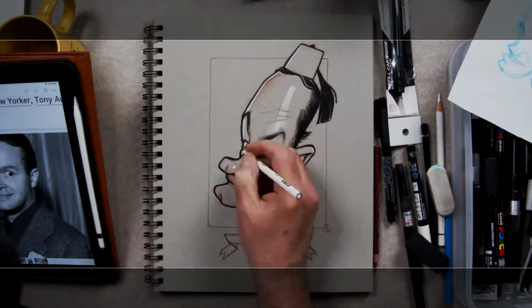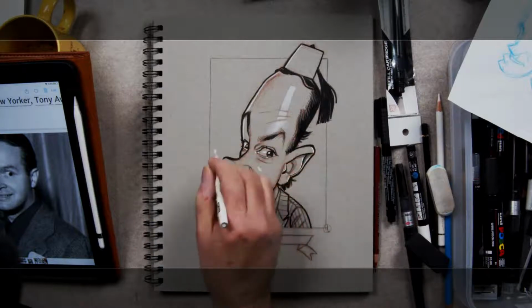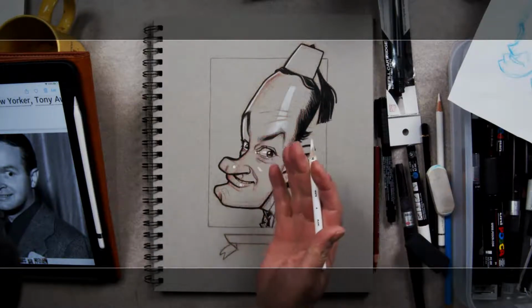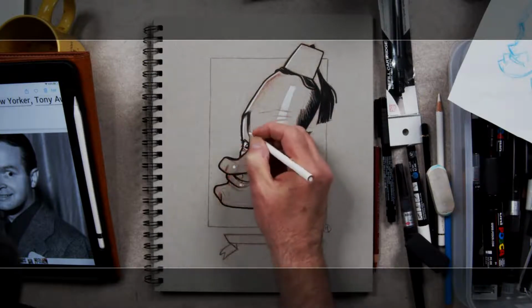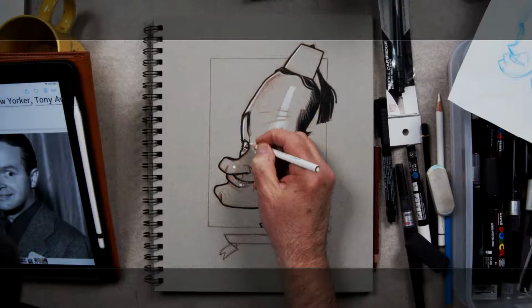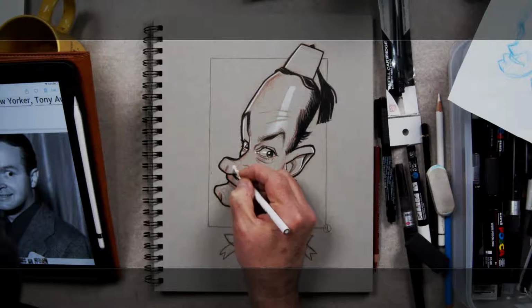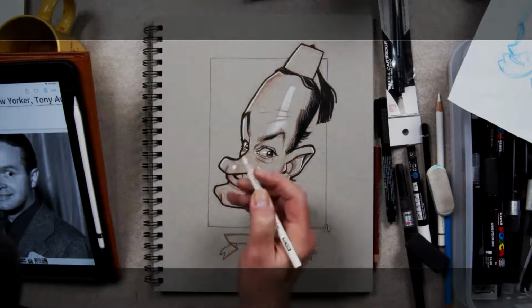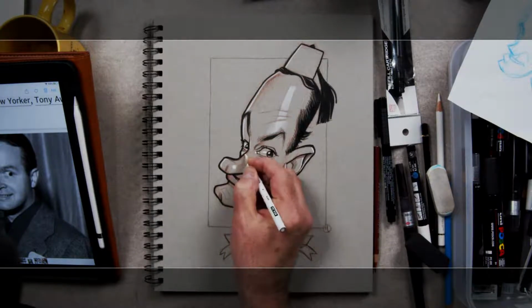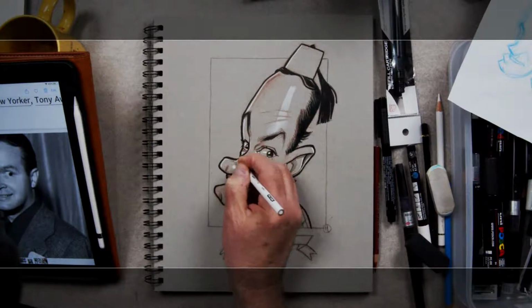I keep referring back to the photograph. Even though I changed some of the direction and I forced some of the perspective on the face, more than the photograph, I'm just looking at subtle details that I can put into the drawing that bring the likeness back into a realizable direction, so that it's likely that the likeness will be achieved better under certain circumstances.